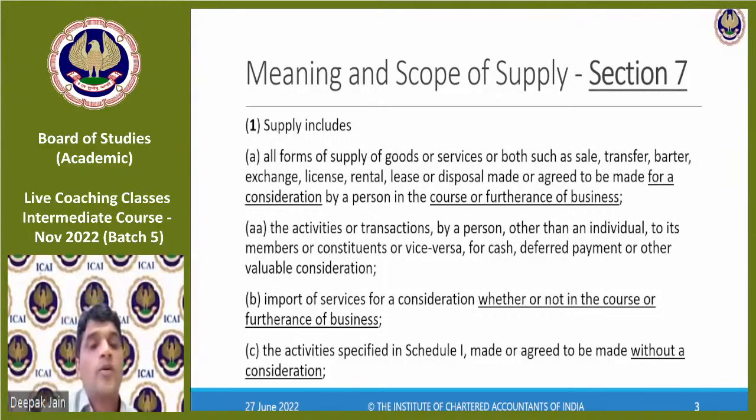Why this was important is there's a history for this. Associations and clubs never used to pay GST. They were saying an association is a group of members, right? Now members have formed it. Members can either buy individually or through the club. How does it make a difference? We are all buying for ourselves and utilizing for ourselves, so there should not be any activity of service tax or supply. Even under service tax, this litigation was going on.